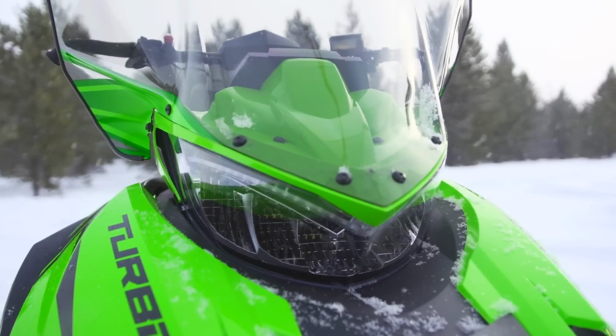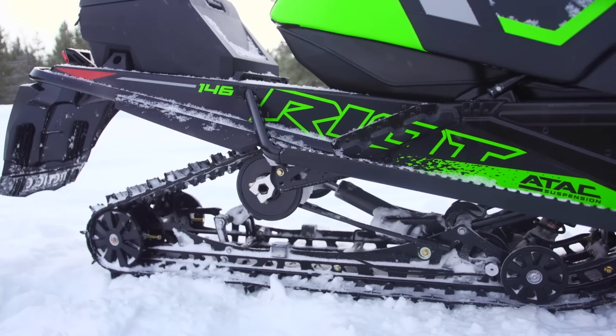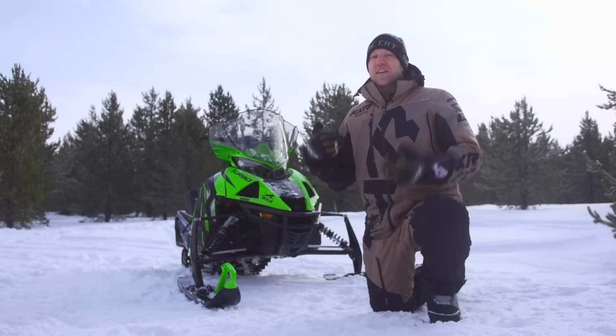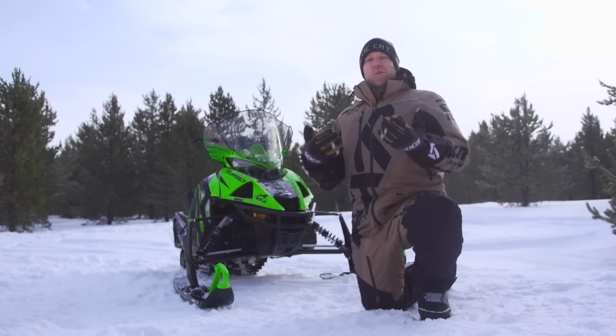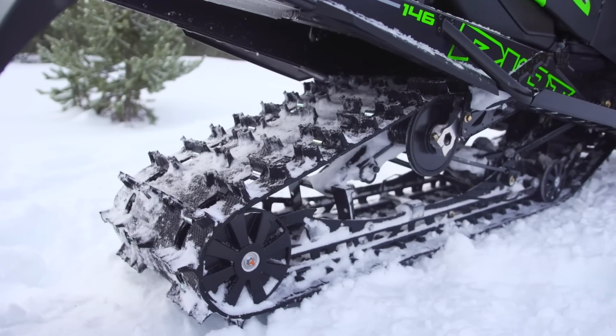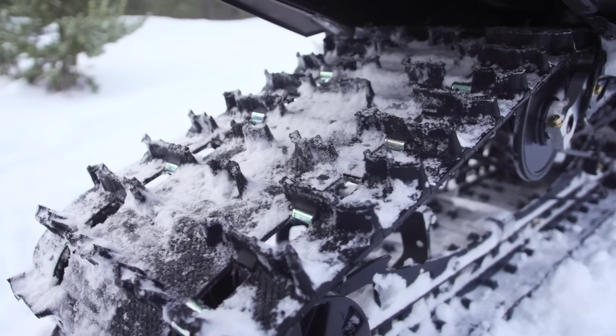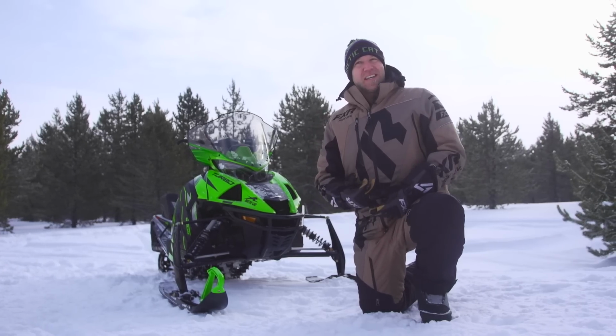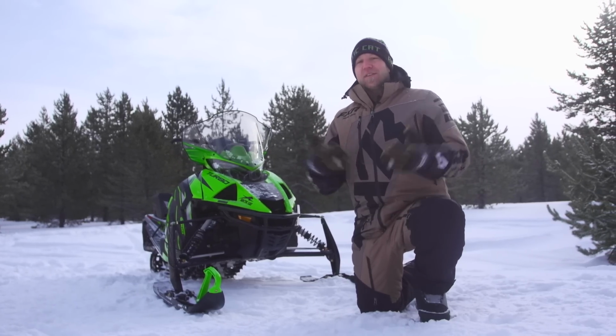They just went ahead and put a 146-inch slide action rear suspension in. This Riot is not the Riot X. I consider this to be an on-trail sled, even though it has a 146-inch rear skid. The reason I say that is because the track on this is a 1.352 Cobra. And if anybody knows a 1.352 Cobra, they know it really isn't all that good off trail,